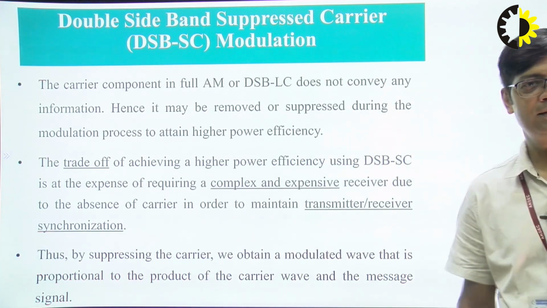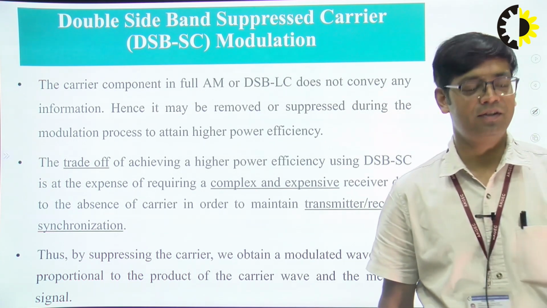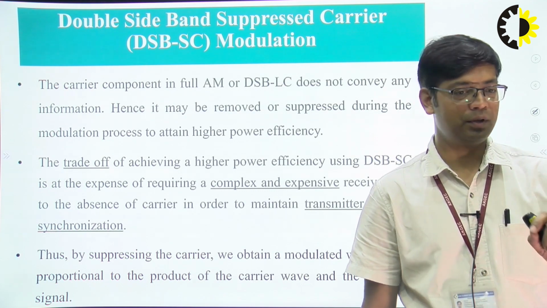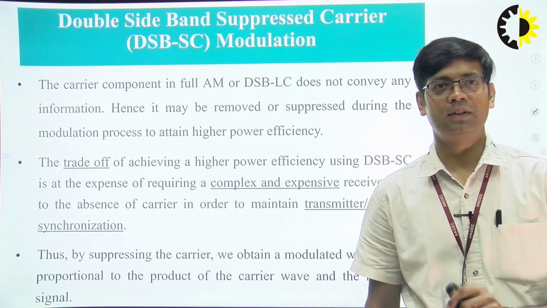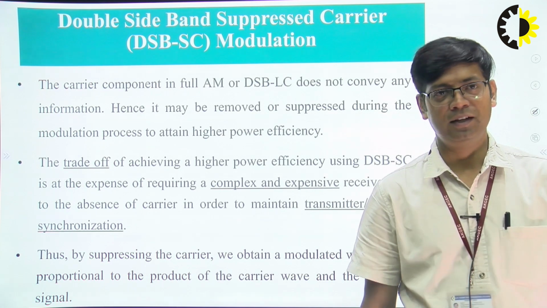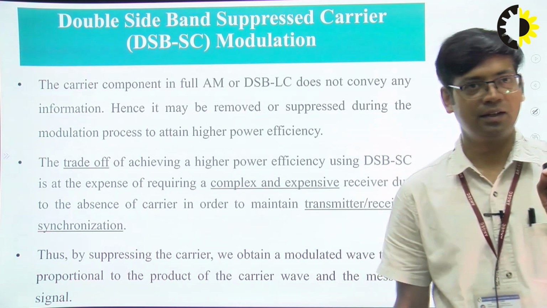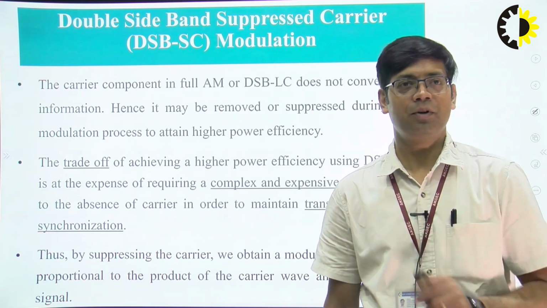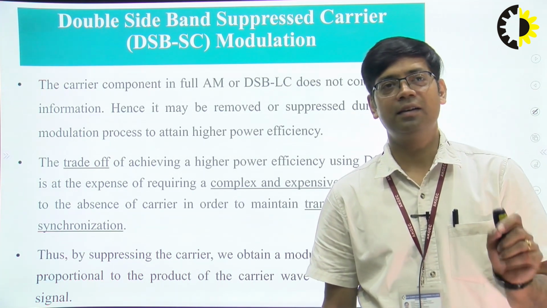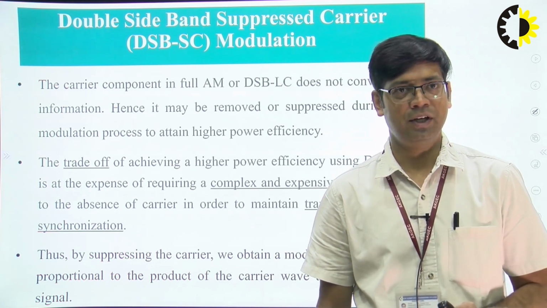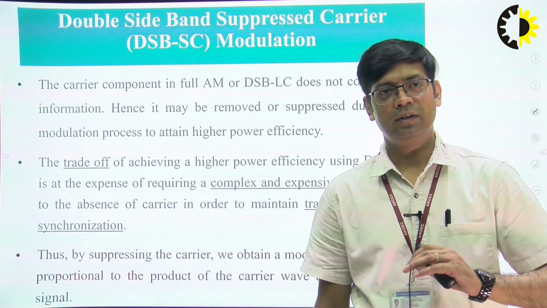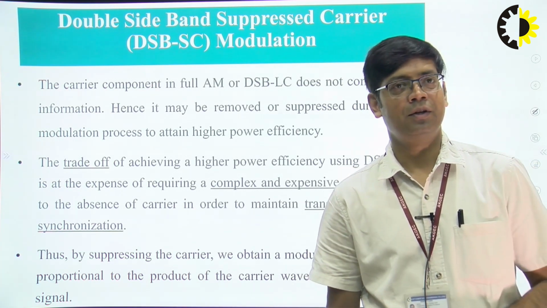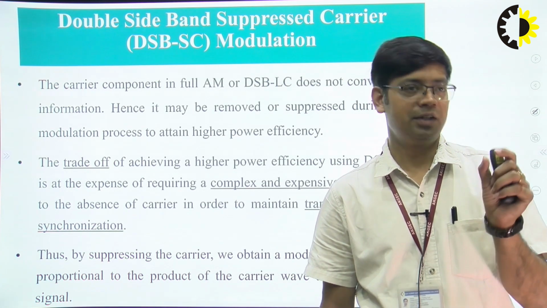As we know that the amplitude modulation technique that we use to transmit the information from one point to another carries three components, and these three components are known as carrier, lower sideband and upper sideband. Now, out of these three components, we know that the carrier does not carry any information. It is just used to carry the information signal. The information is contained in the sidebands,